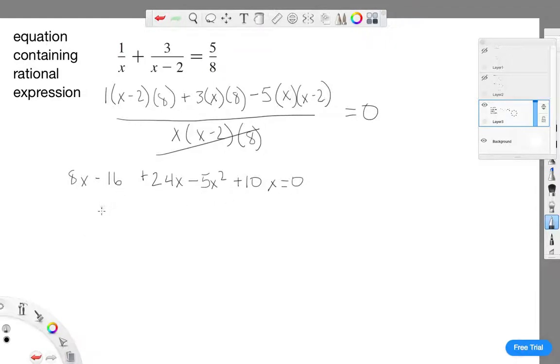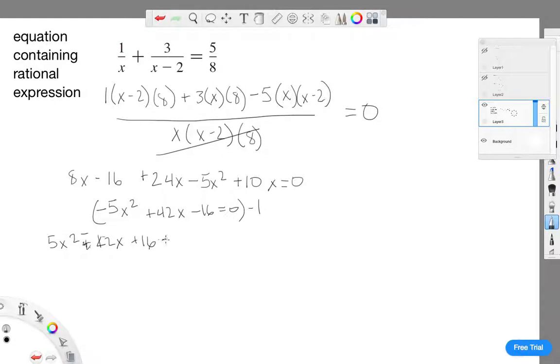So let's combine our like terms. We'll put our x squared term in front, negative 5x squared. 8 and 24 is 32, and 10 is 42. Minus 16, that last one stays the same. And we have equal to 0. Let's multiply by negative 1 in order to get our a term positive. 5x squared minus 42x